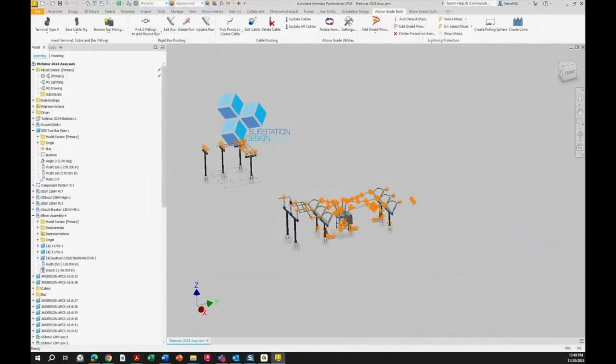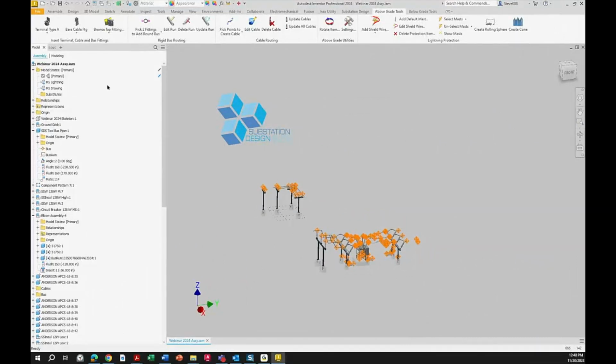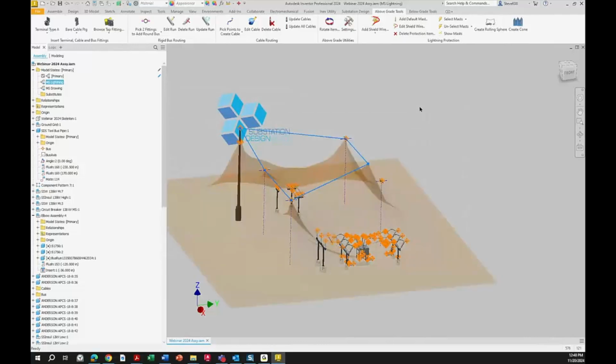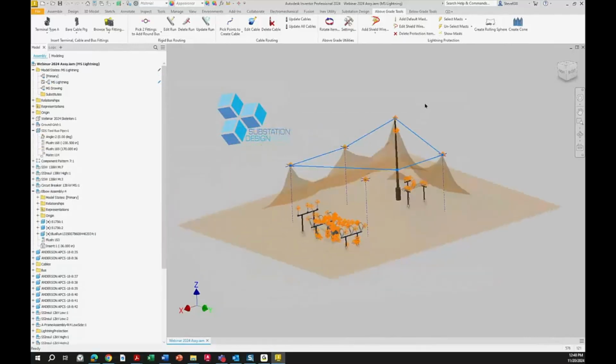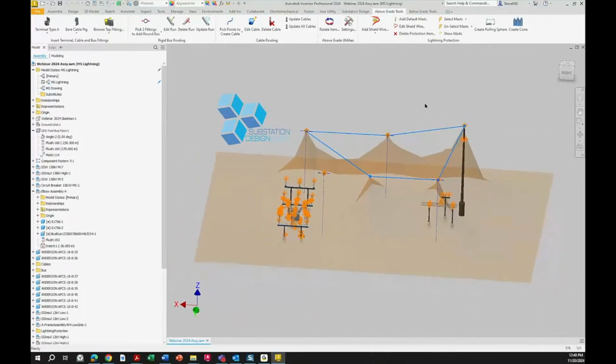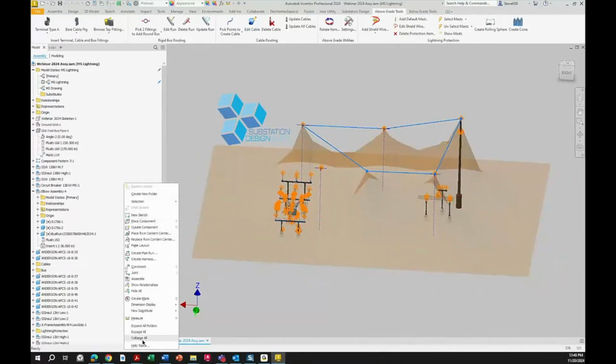I want to get into the lightning, and we're going to come into the lightning assembly. And here's the lightning assembly. So what I've done here is I've worked with a number of people, and they're trying to lay out how to get the lighting to fix. And when you get a complicated lightning arrangement, sometimes it's better just to see what you can get easily, slide things around before you get into actually firming up what your lightning design is. So if you look at the lightning tool here,